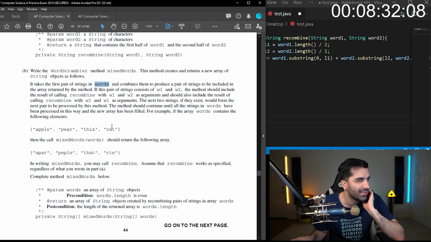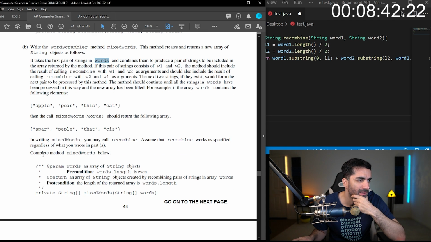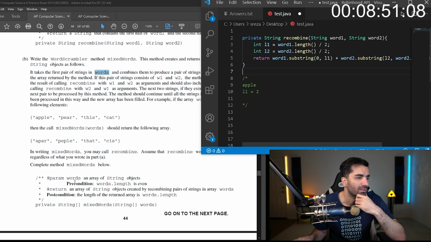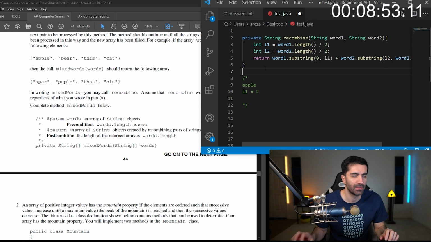Then the next thing is TH and AT, and then the next one is C and IS. Okay, so we can use recombine. And yeah, I think it makes sense, right? So we want to create a new array. So what's the signature here? Okay.